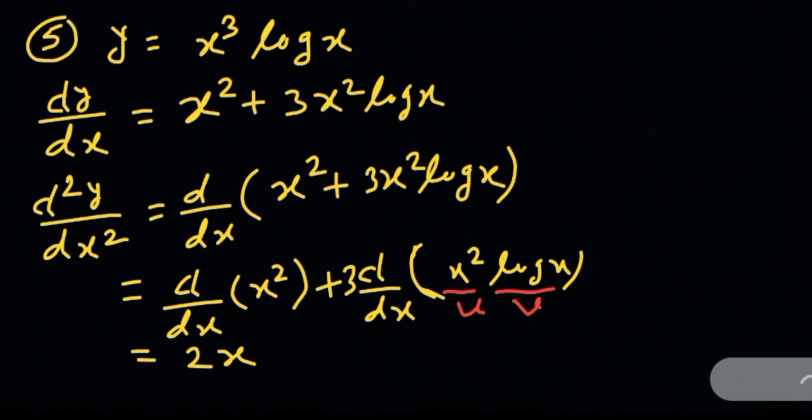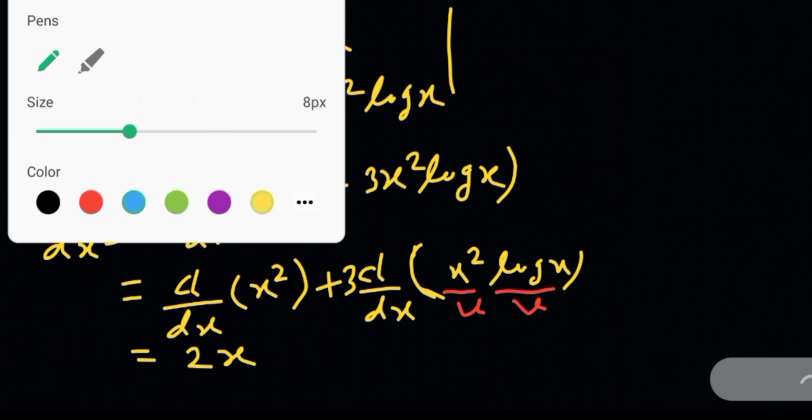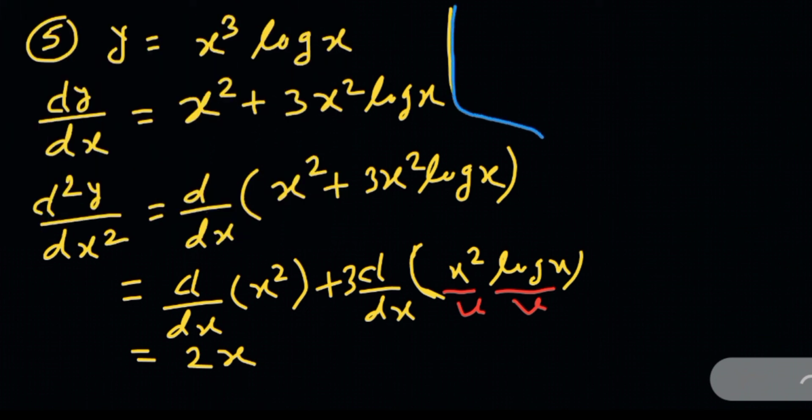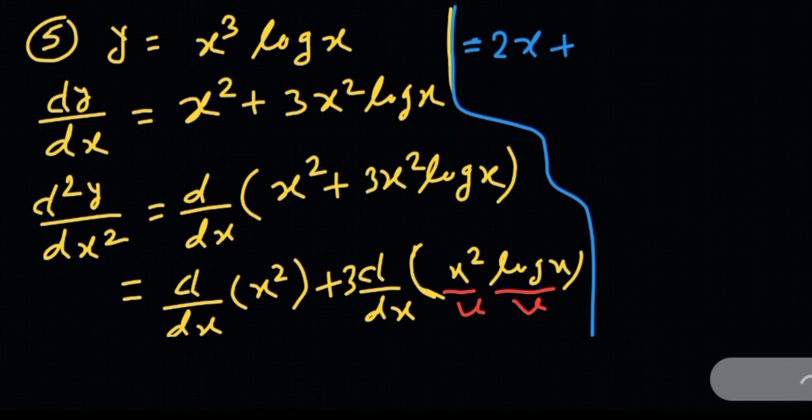So you will use the u into v formula, correct. So 2x, I am writing there only, and plus,